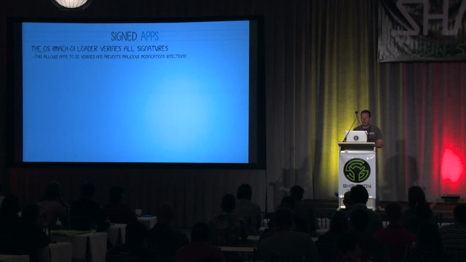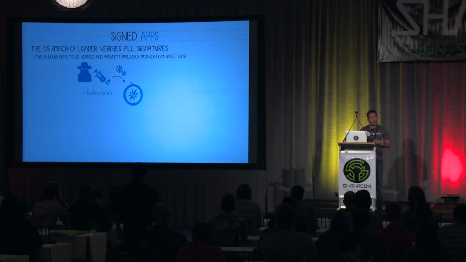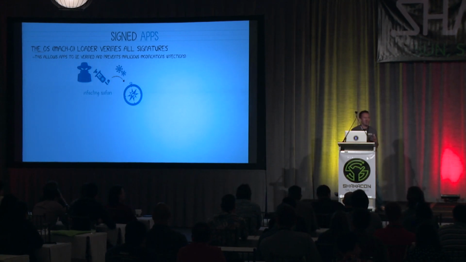Again, borrowing from iOS, OS X now verifies all binary signatures. This is really important because it ensures that binaries have not been subverted, for example, infected with malware or a virus. Binary infection is actually a very, very powerful technique, as it affords an attacker a way to persist, hide, and inherit. If you think about an attacker infecting Safari, every time Safari is launched, the viral code will be able to execute. So it's a way to achieve persistence.